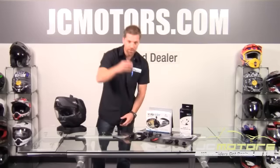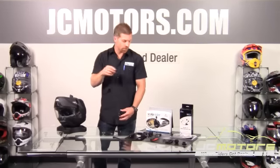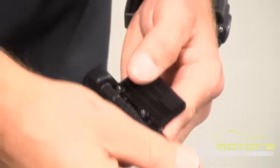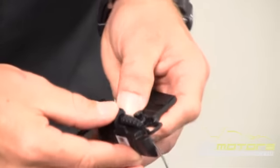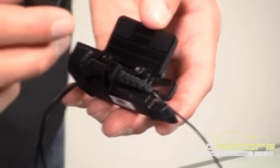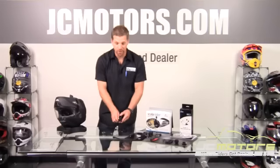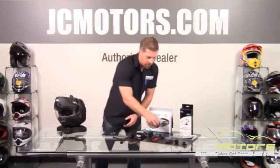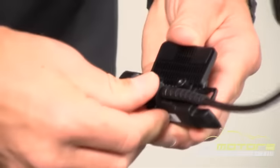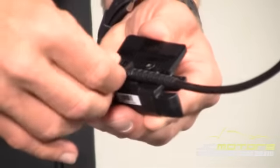We go to our accessories over here. This is the wired boom that comes shipped with the product itself. And you can simply plug this in. You put this door back up as such. Replace that third screw. Put your sandwich clamp backing piece back on and go to install it. But you know what? I kind of favor the boom, so I'm going to do the boom. So just to back up a little, I'm going to choose the boom. I'm going to put in my third screw here,